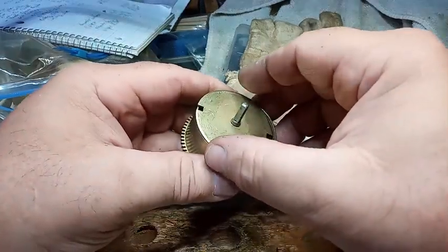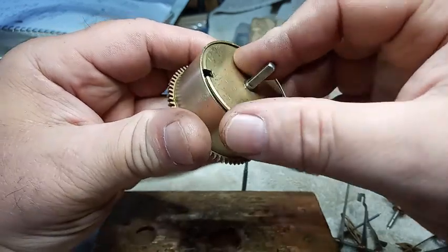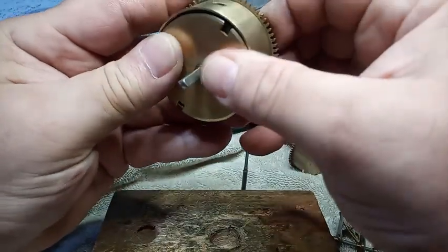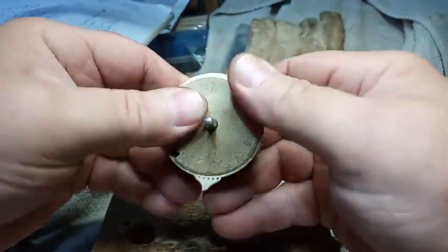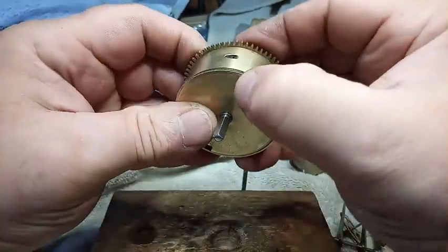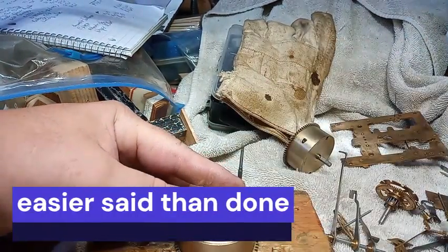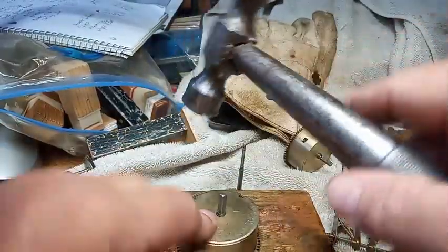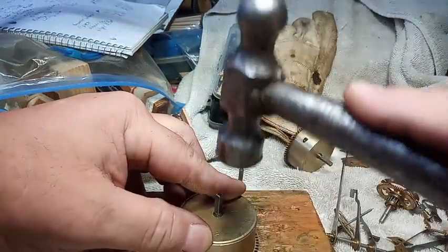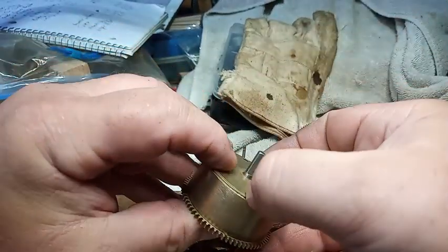I got to thinking about it, and I didn't oil this spring. And so I took the cap back off and oiled the spring. And now it's time to put the cap back on. And I did put marks on it this time,